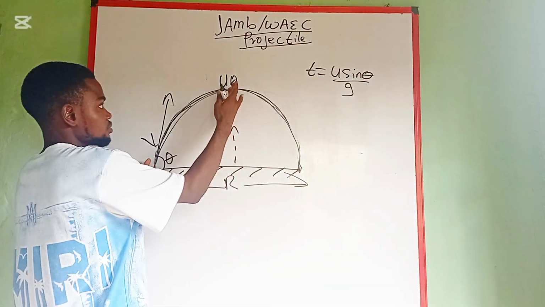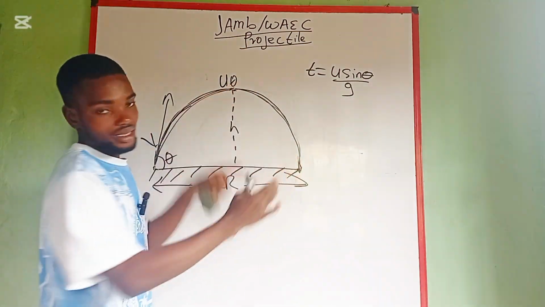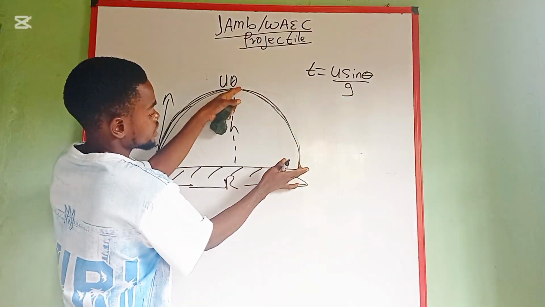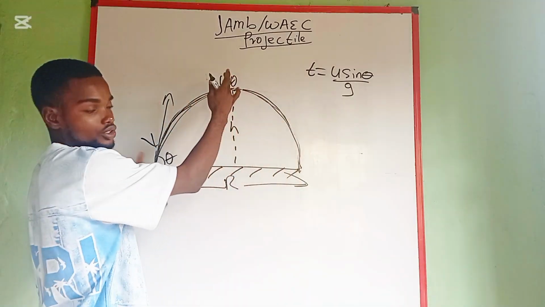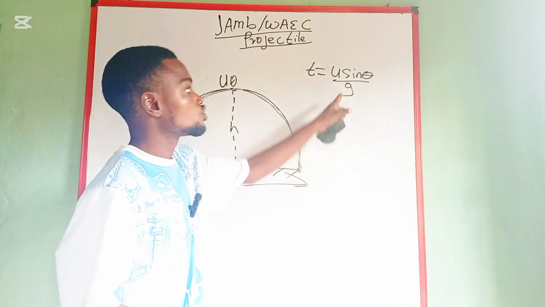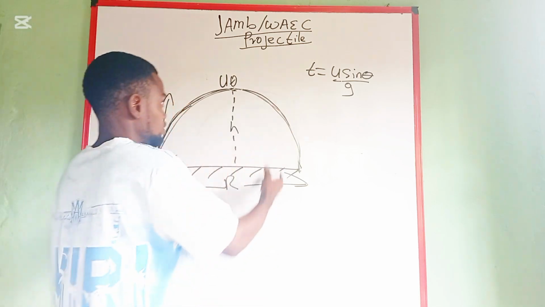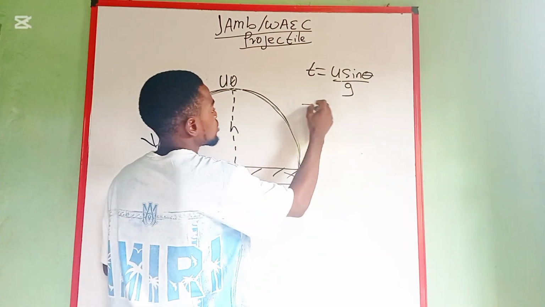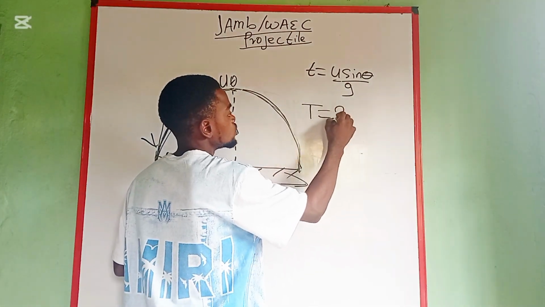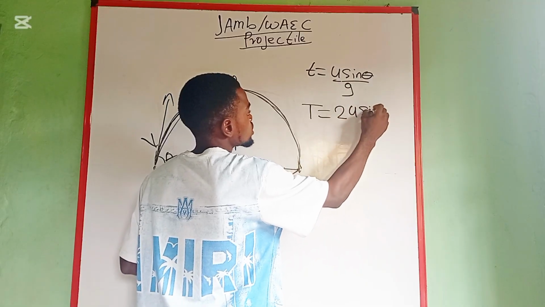Now you can see that this measurement and this measurement are the same thing. So the time of flight here is also this, and the time of flight is also this. So now the total time of flight will be 2 times this particular formula that will give you time. So that will give you the total time of flight, presented by T, which is 2 multiplied by u sine